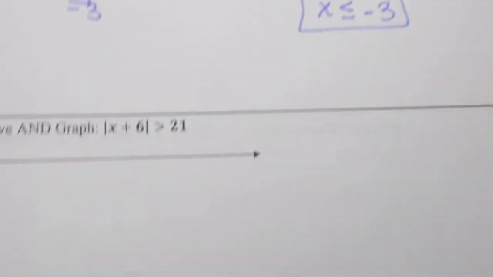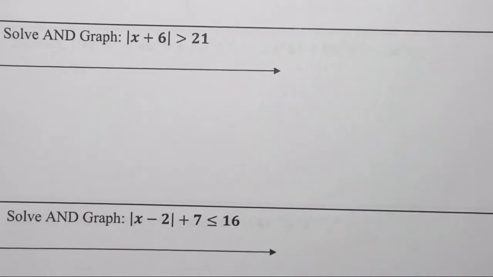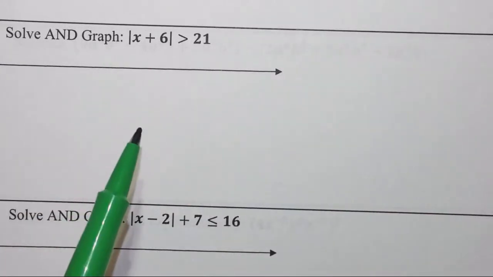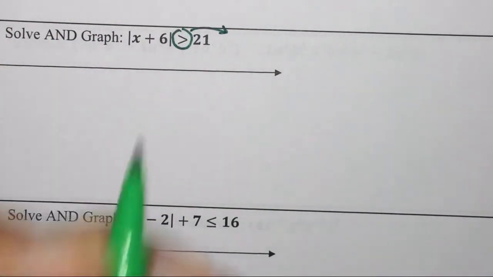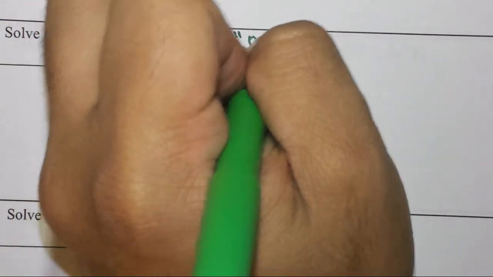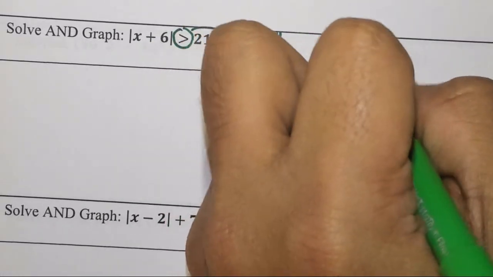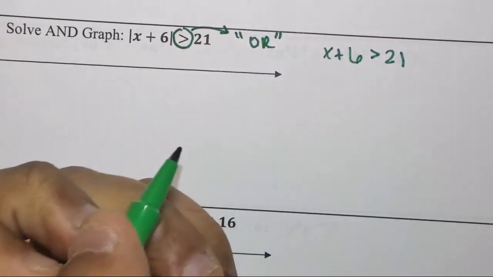All right, number 9. This time it's absolute value inequalities. And again, the whole point is to have the absolute value by itself. So in this situation, it is by itself. So remember, we have two cases. I told you that's a greater, and then all of a sudden I changed it to greater. So you're going to have one where it's exactly that same thing, x plus 6 is greater than 21,